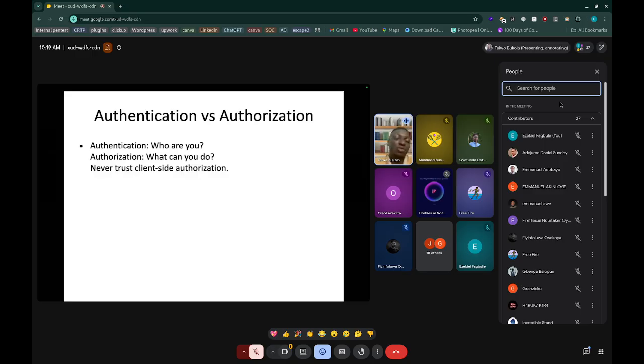Let's move to authentication and authorization. When talking about security, the first thing I would say is your validation matters. When I'm talking about validation, it's this: your user is expected to provide an email address. I created an API that the user uses to sign up.